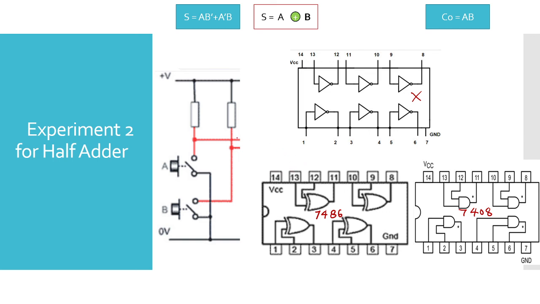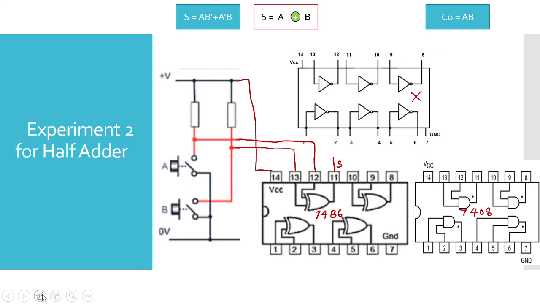So you see that you will connect A, you will connect B, and at pin number 11 you will get the output. It is S, the sum. For this also you need to connect the VCC and the ground to each IC.